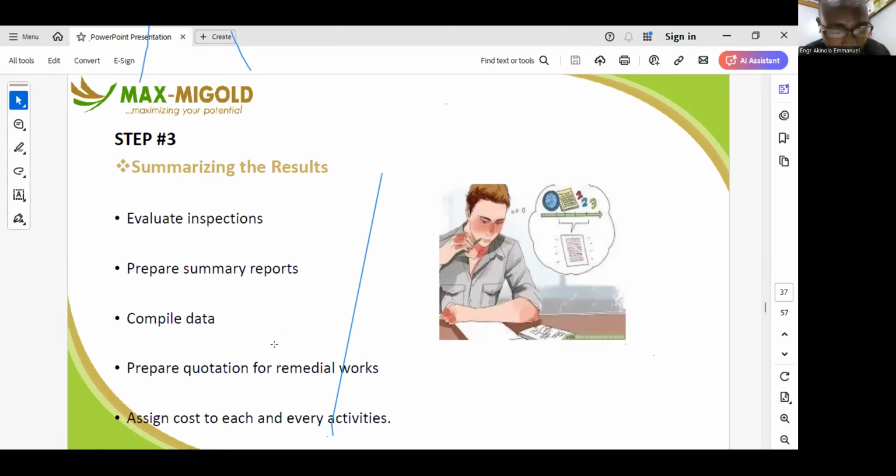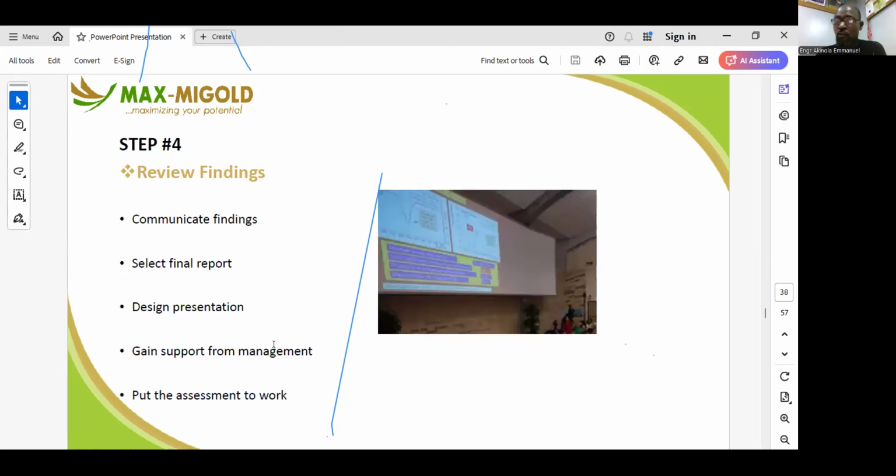After you have summarized this and you have assigned cost to each of the items, then you can now present these to management. Presenting this to management means you need to get management approval in getting this done. Then, if you are to manage a facility on behalf of a property owner, you need to present all your findings after you have conducted your assessment to the property owner and let him know how much it's going to cost. So let the property owner now decide